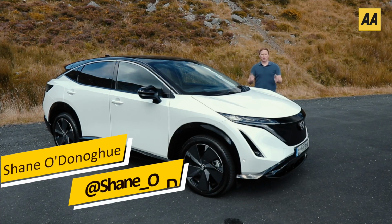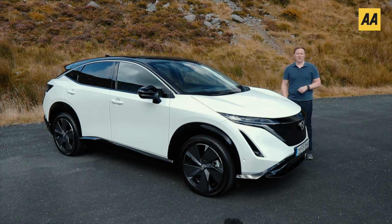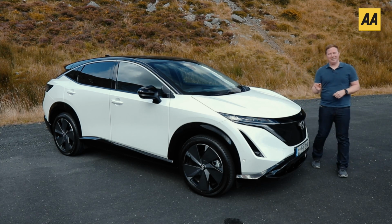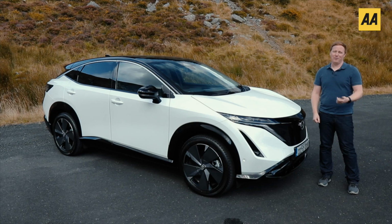The Nissan Ariya has arrived in Ireland. It has, but you can't quite have one yet because it's been so successful. The initial allocation is sold out for 2022. It's not a bad problem for Nissan Ireland to have. It also shows that they priced it really keenly. It started at under €50,000, which put it up against the likes of the Volkswagen ID4, ID5, and of course